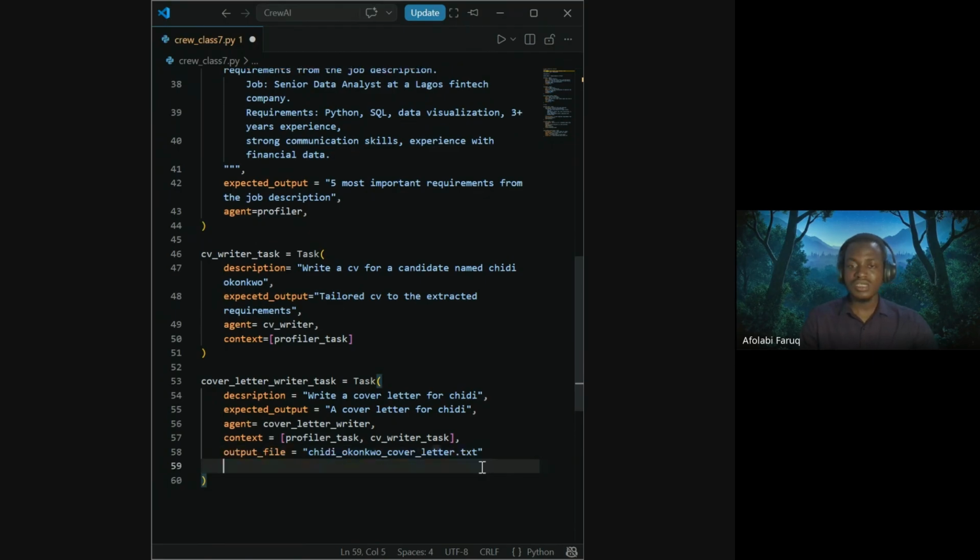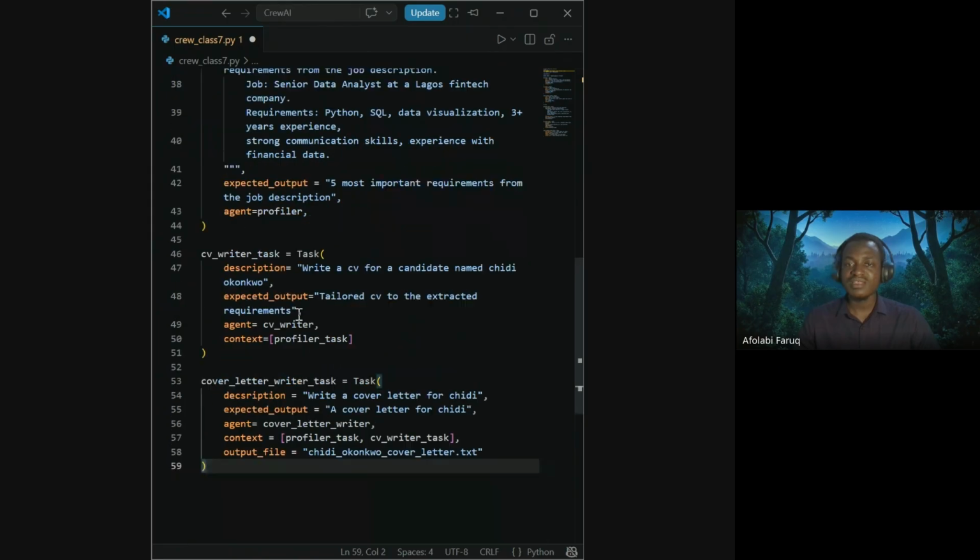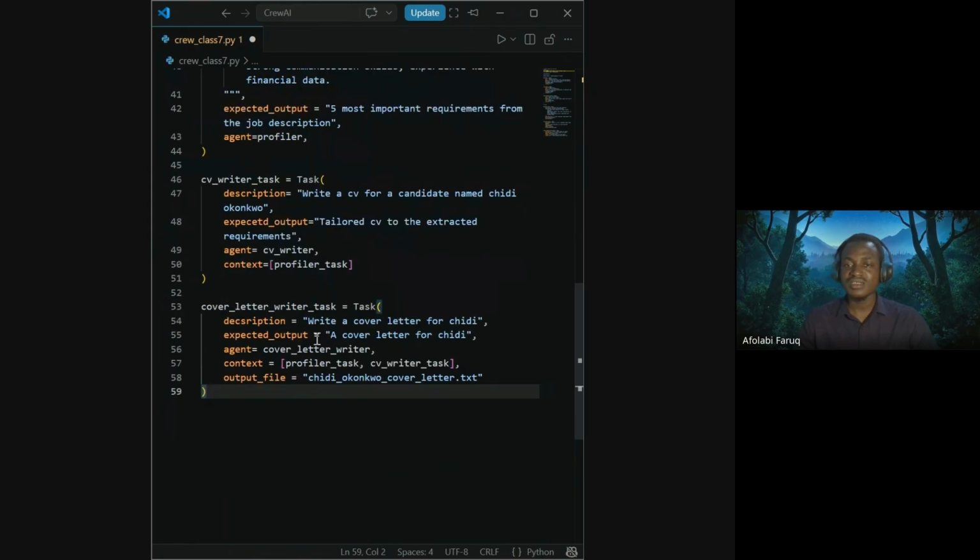Okay, so this is the cover letter we are expecting. So that's that about the tasks: profiler task, CV writer task, then cover letter writer task.